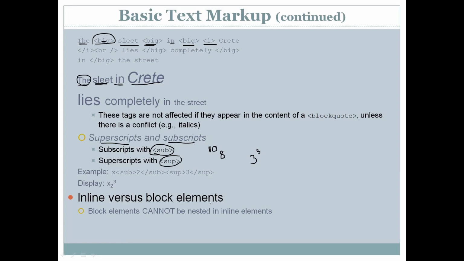A block element, or block level element, always starts on a new line. Whenever you use a block element in the document, it always starts on a new line. For example, take your heading tags. The contents inside the heading tag always start on a new line. Paragraph tag always starts on a new line. The content is not displayed on the same line. If you use a paragraph tag, it always starts on a new line.